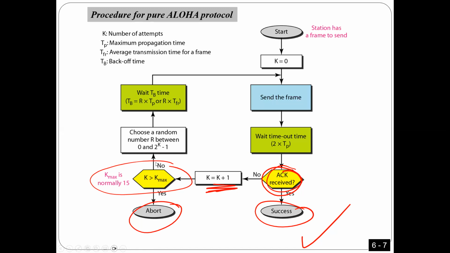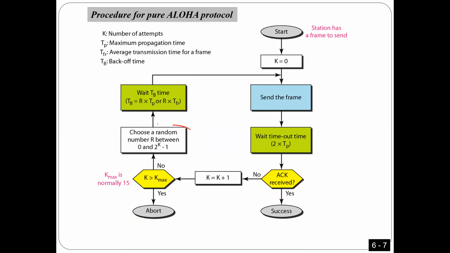is less than K maximum, I'm going to come this way. As I told you, I'm going to wait a random time here and then go back and try again. So here I'm going to wait a random time and go back and repeat again. Here I'm telling you one way you can do this random number. This random time, you can do it in different ways. I'm going to do it this way, okay? So the way I'm going to do it is, as you see here,